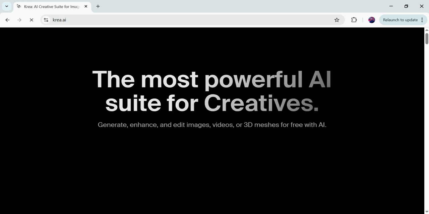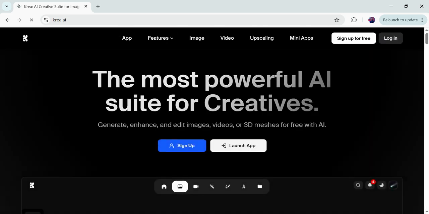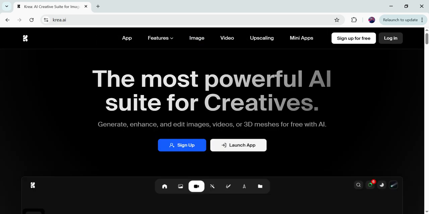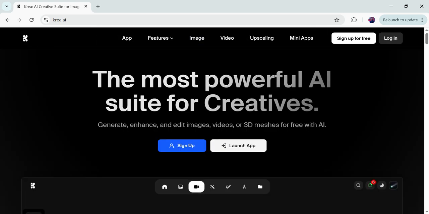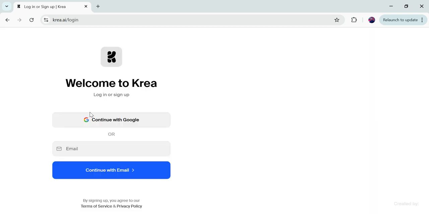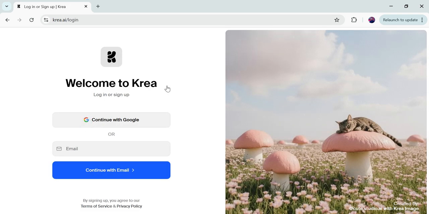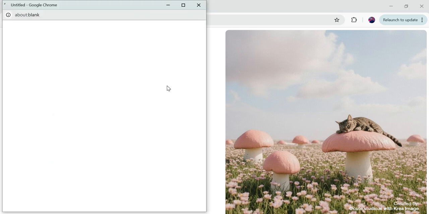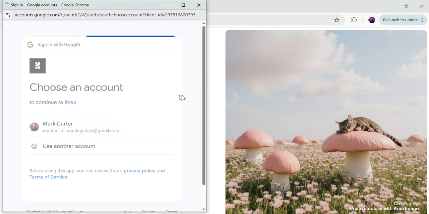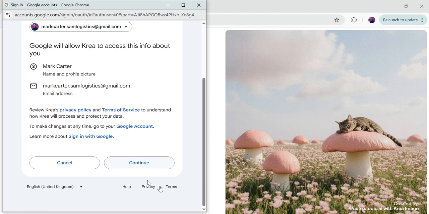As soon as I open this website, we will get this kind of interface. You can see the website is looking amazing and it's easy to use. You can do multiple things, but what we are going to use it for is creating conceptual art. For that, you need to create an account on this website. So first of all, let's create an account by just clicking on sign up for free. Here I will connect with my Google account, so it will fetch the details automatically and my account will be created over my Gmail account. Okay, so that's how I will make my account on this website.